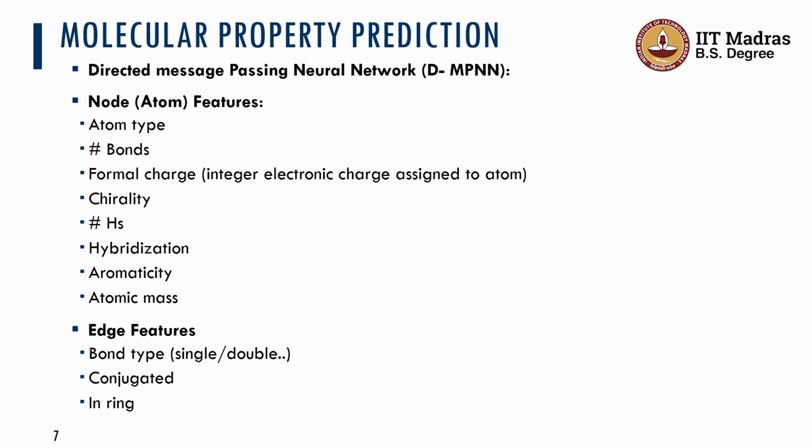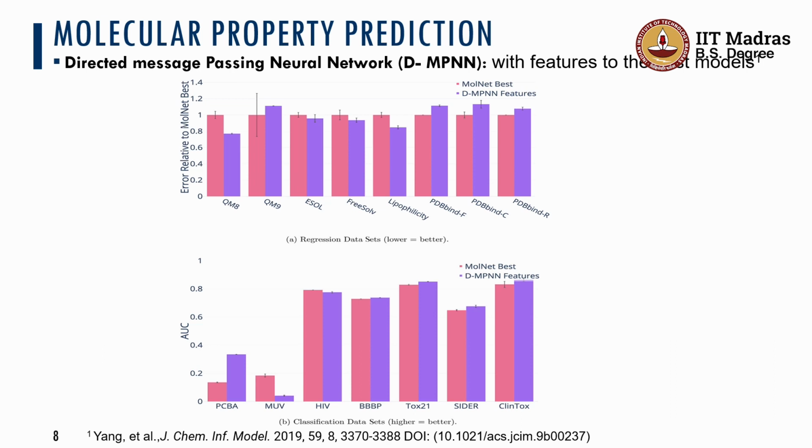For the edge features, the bond type, conjugated or not, in the ring, etc. have been used. Using these two, they have applied DMPNN and compared with the baseline models